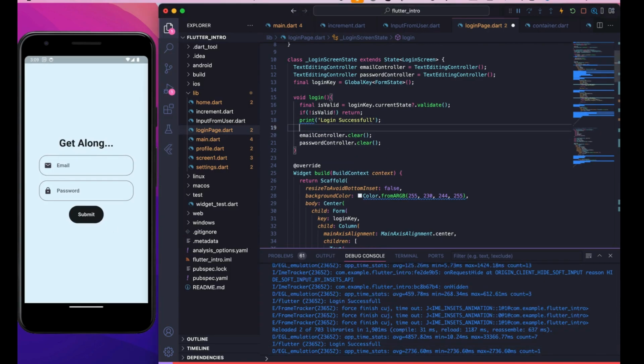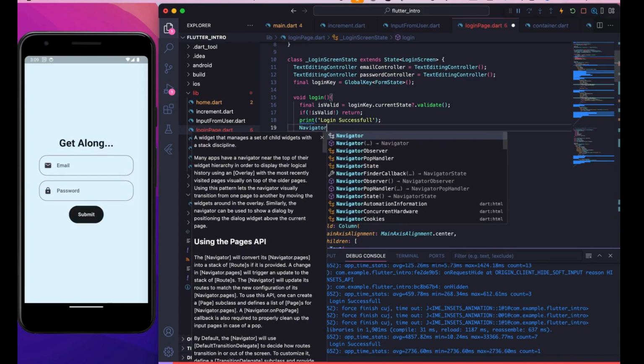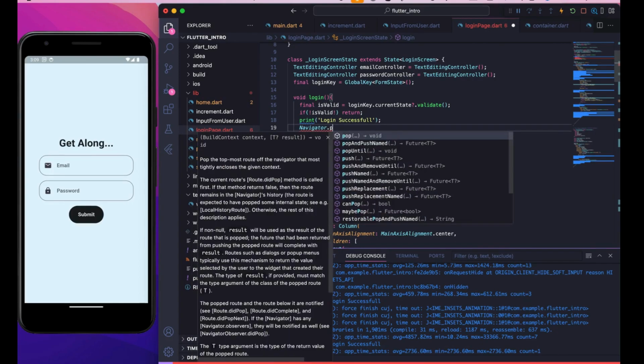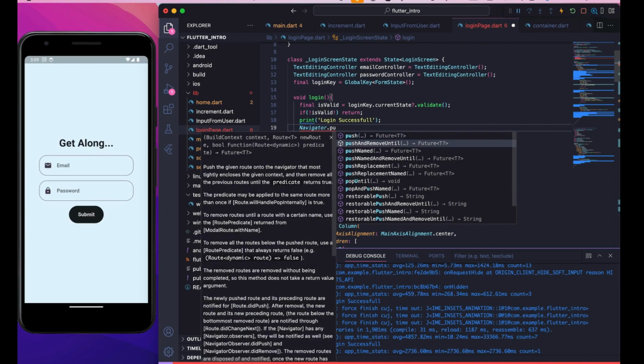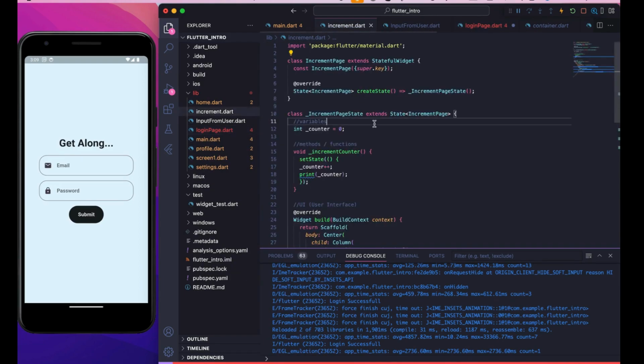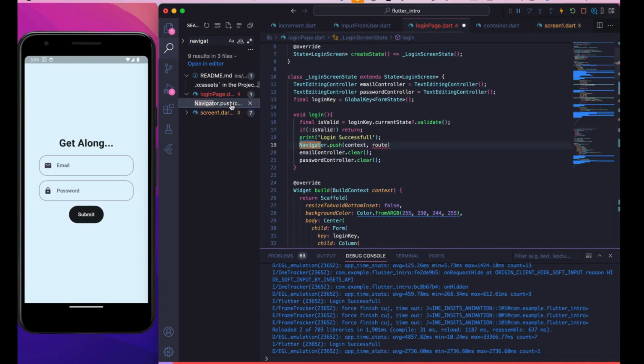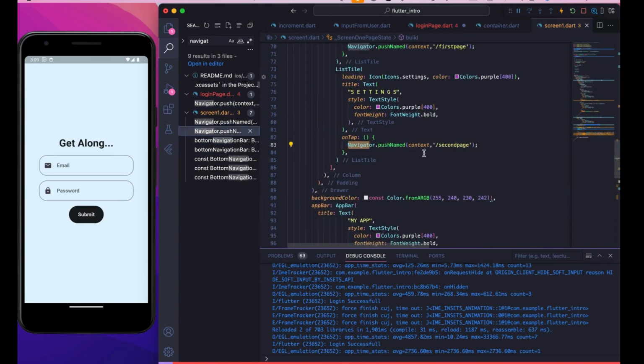Also you can just navigate to a different screen. So let's go with the Navigator dot pop, or you can just do it with the push and context. You can just push it, like you can search it. And I think we have to remove the push navigation push names. I think we removed this, guys. Otherwise you can just go this way